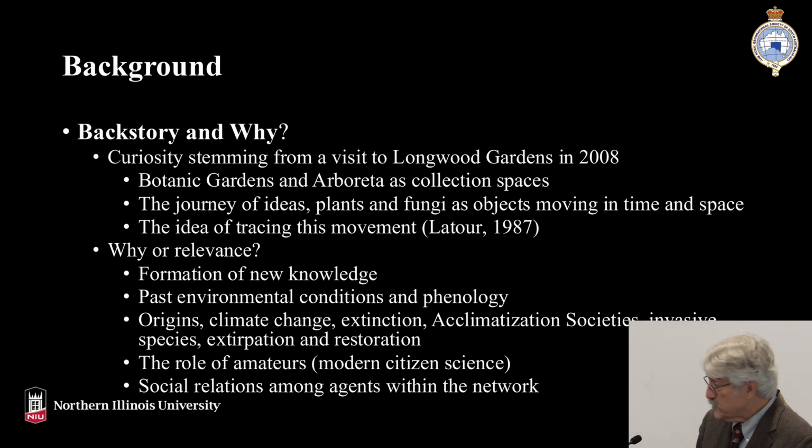I heard about this a while ago, but it was actually from people that had been here a while ago: these acclimatization societies, bringing over all these flora and fauna, basically, from Europe, England, and acclimatizing them to a new environment. It was for economic reasons and colonization and so on, but that could lead to certain problems that we nowadays experience, for example, invasive species and so forth.